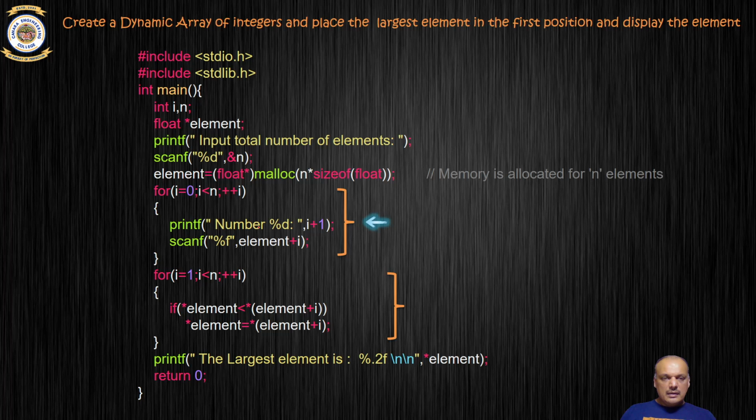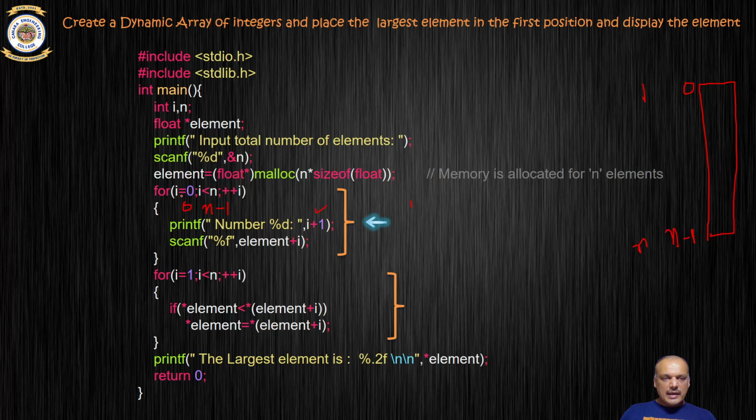So I print input the first number. Mind you, i goes from 0 to n minus 1, that is n number of memories. So ask the user for the first number, 0 plus 1, first number. The user inputs the first number which is stored in the 0th element or 0th index of the array. So take care that the index starts from 0 to n minus 1, but we say the position is 1 to n. Okay, so that's the regular convention. So that is what happens in this for loop.